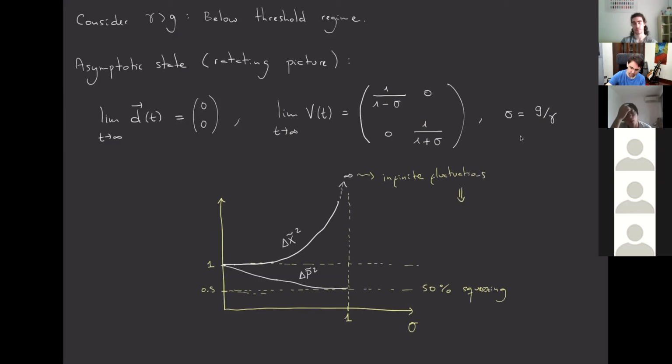Then this means that the state inside the cavity is not a minimum uncertainty state, okay? Because the product of infinity with 0.5 is infinity, is not equal to 1, which is the minimum allowed by